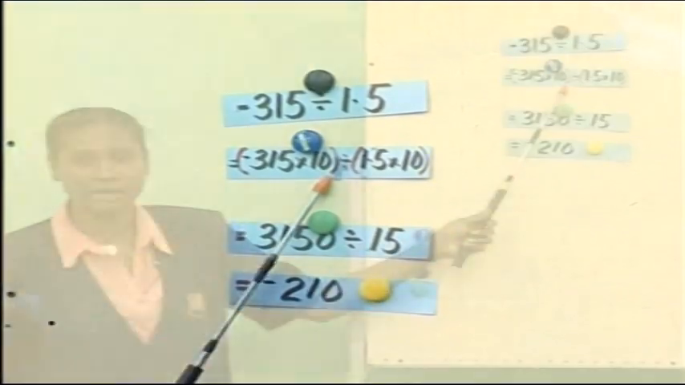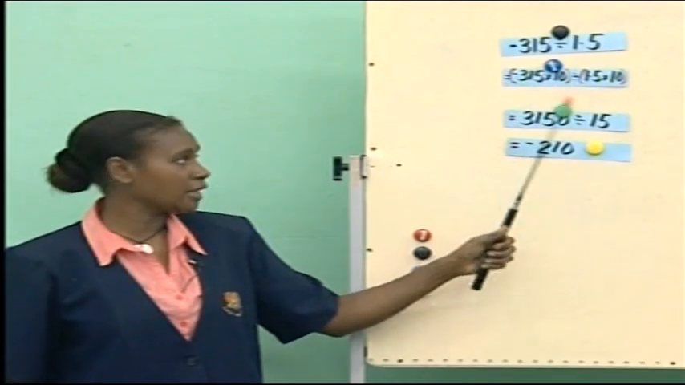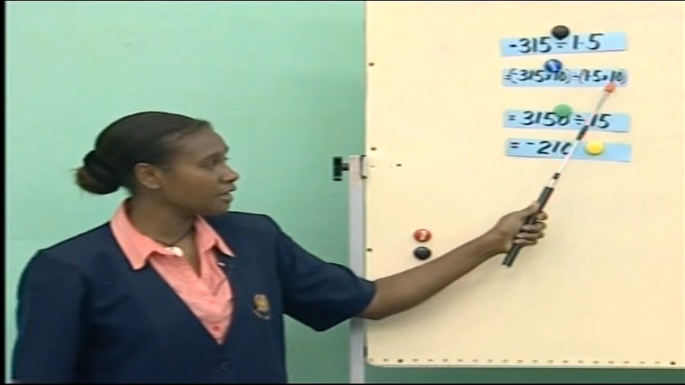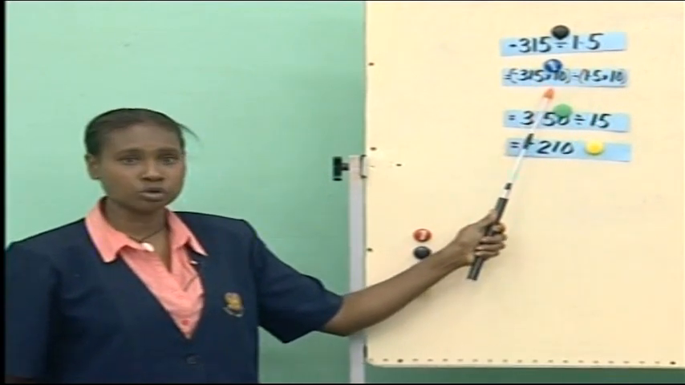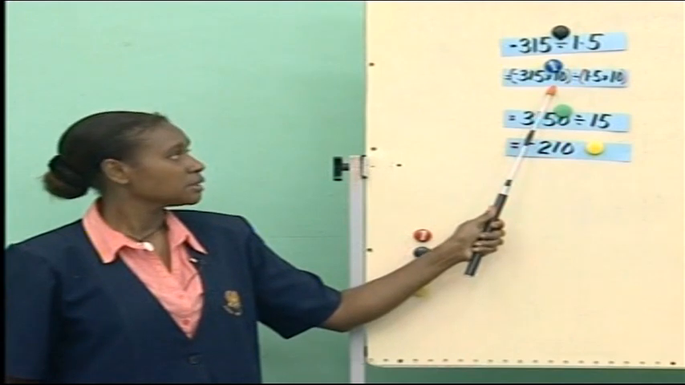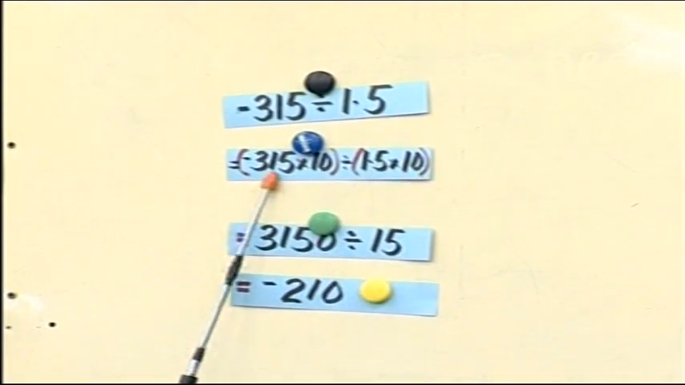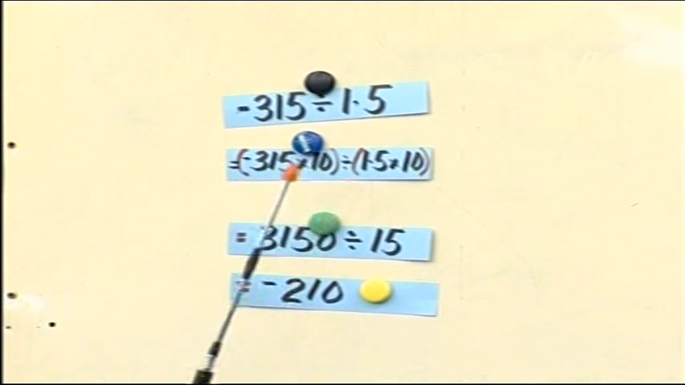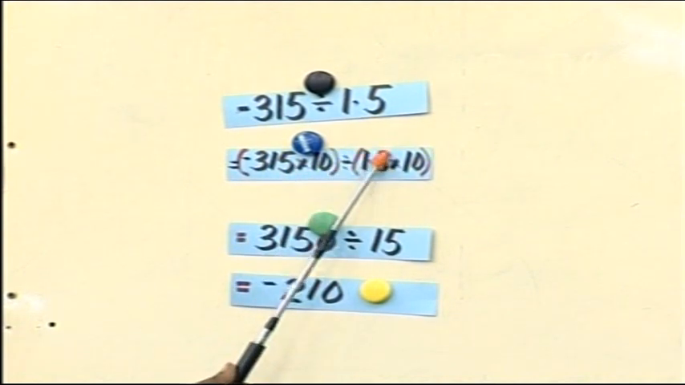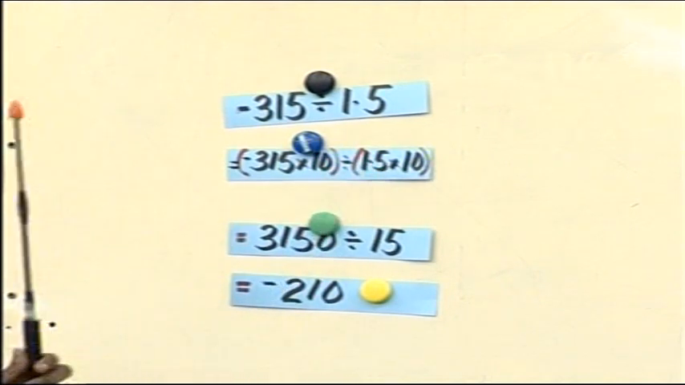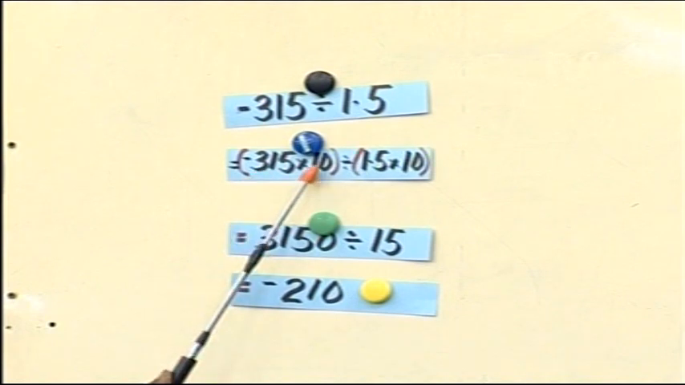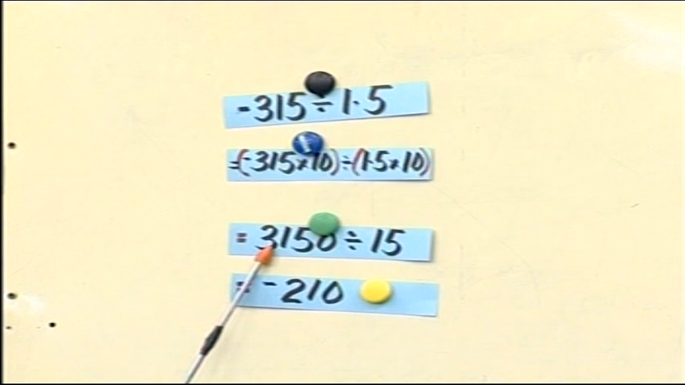Are we following, 7Es? Don't forget that it doesn't mean that you multiply this by 10 and use another number to multiply with this. So 1.5 times 10, 315 times 10. Here we are trying to change this decimal number, the divisor, into a whole number. So we multiply this by 10, and your answer should be 3,150